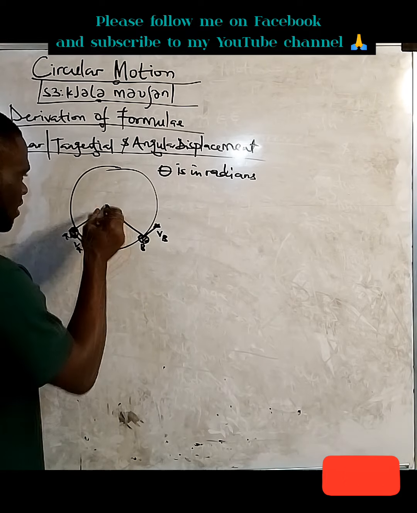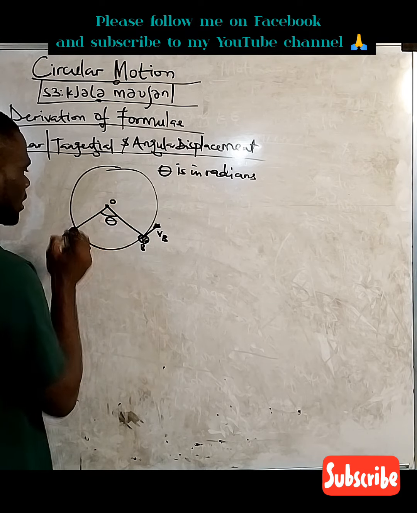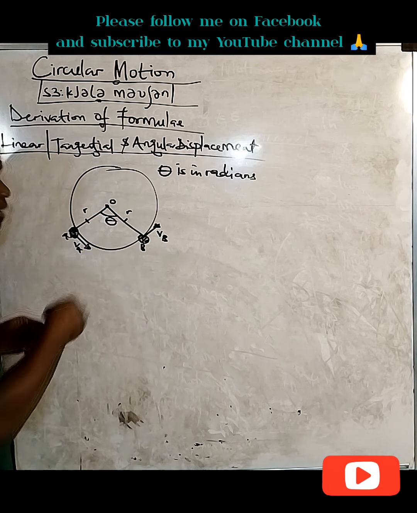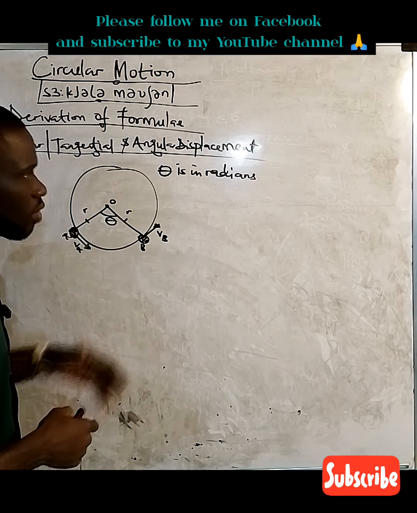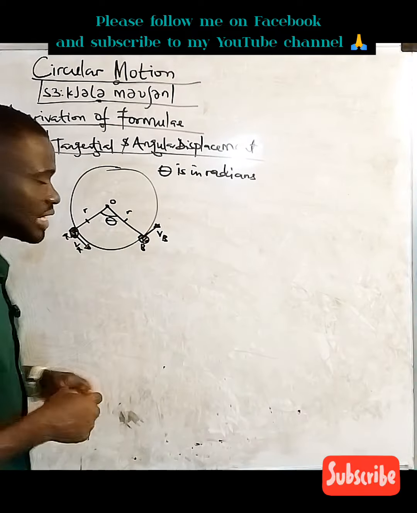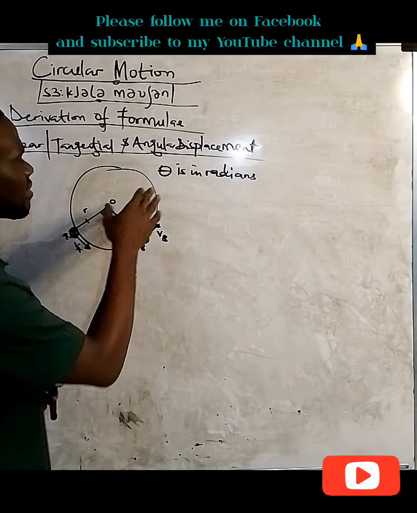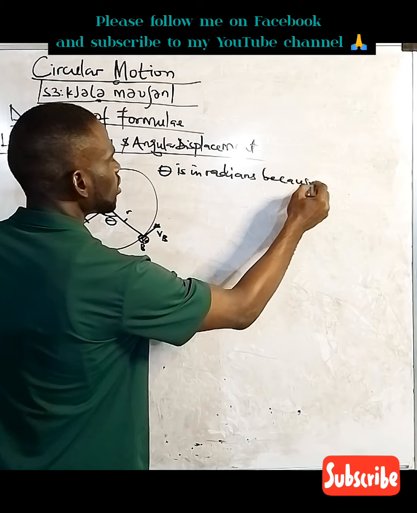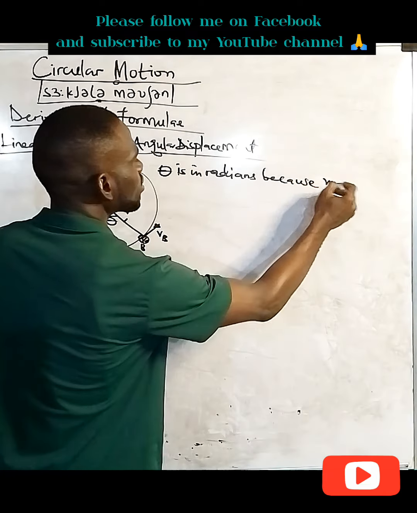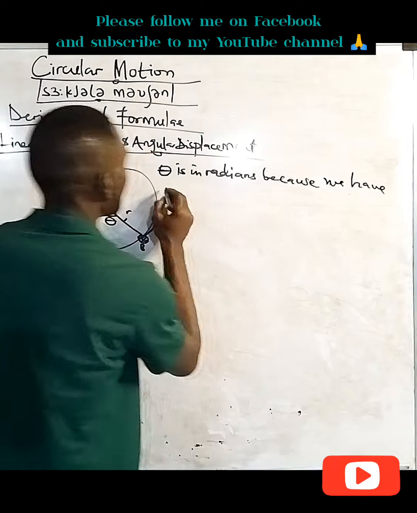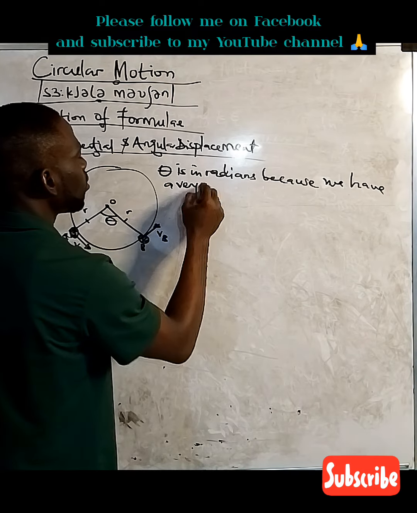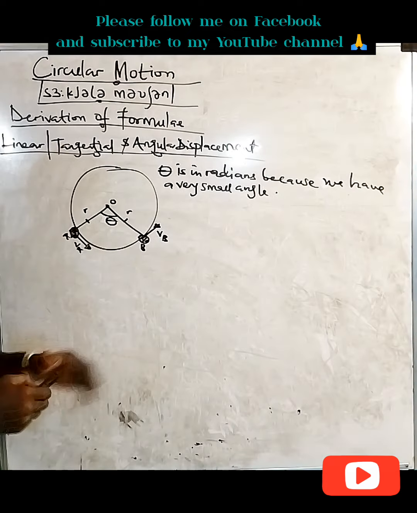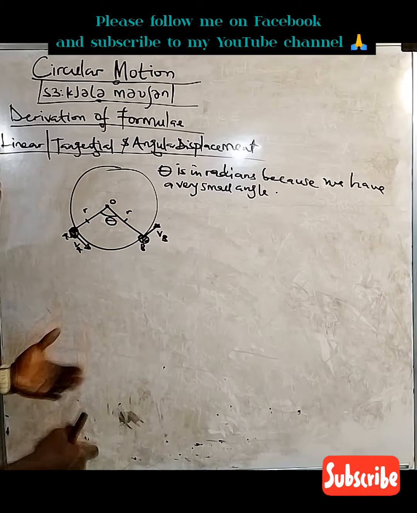Now there's a circle here. There's the center of the circle. There's a radius; these are the radiuses or the radii. So the angle we have in a circle is what we call radians. We also call it rad, R-A-D, in short. So this theta is in radians, because we have a very small angle. Now, what is going to be